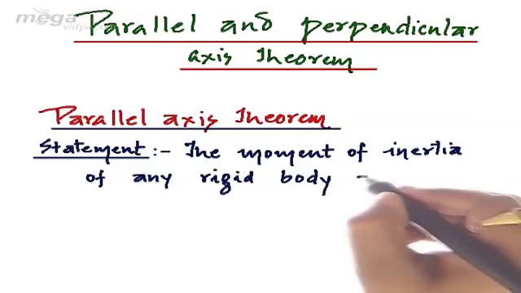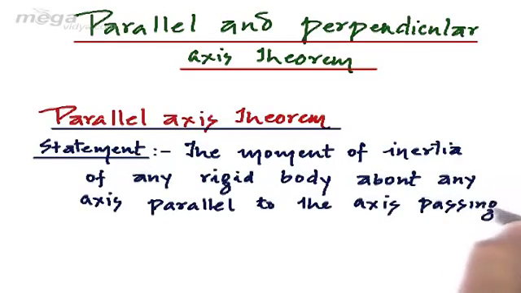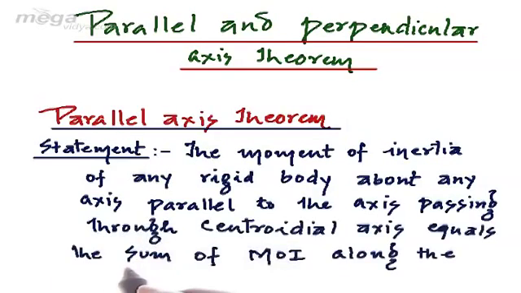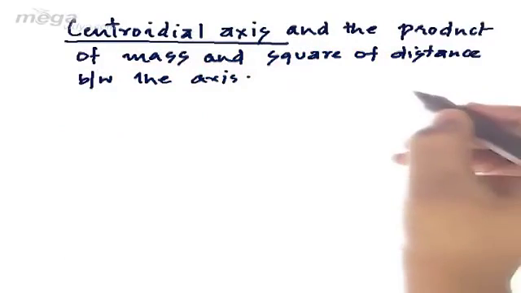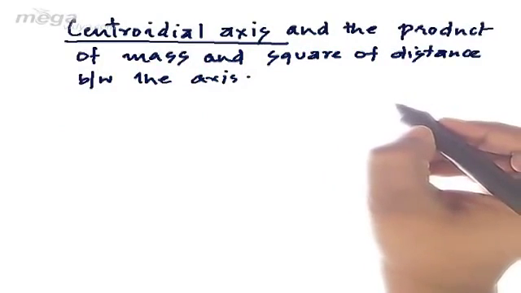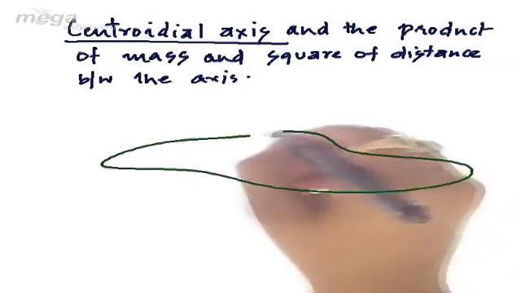to the axis passing through the centroidal axis, that is the axis passing through the center and perpendicular to the plane, equals the sum of the moment of inertia along the centroidal axis and the product of mass and square of the distance between the axes. In order to explain the parallel axis theorem, let us consider a rigid body, and let us